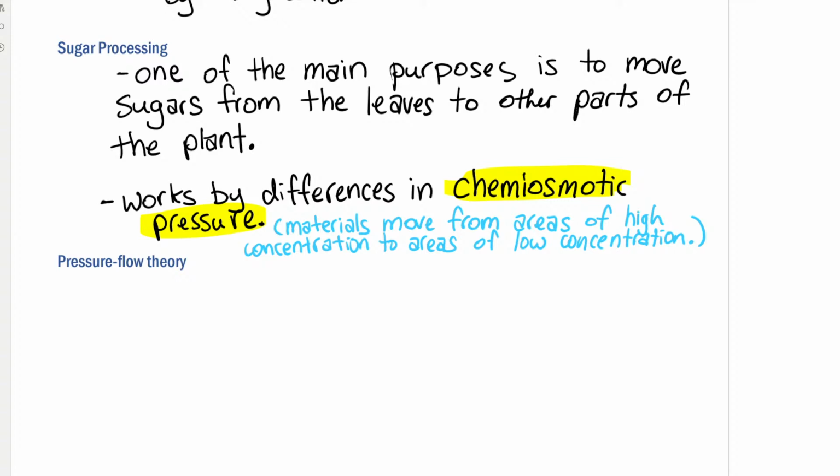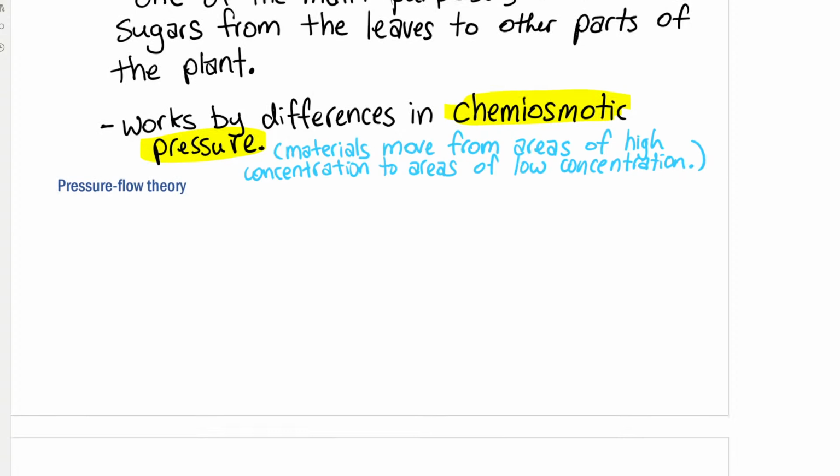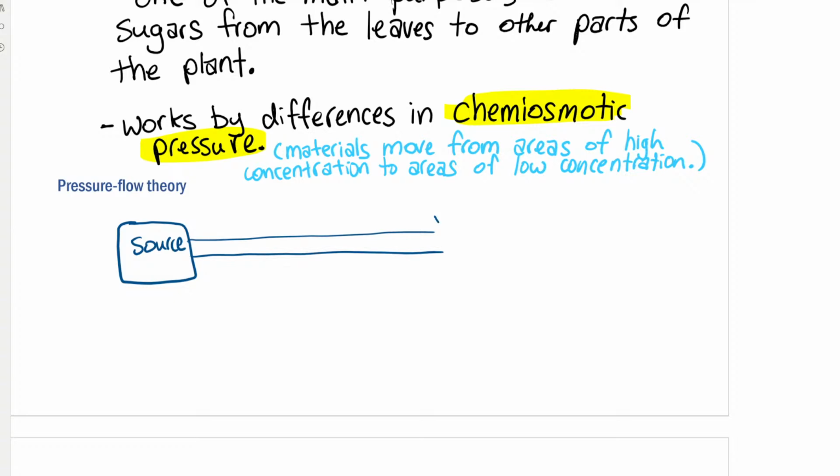And how phloem works is by something called the pressure flow theory. And the basic idea is this. We have what we call the source, and then we have the actual phloem tube itself. And these tubes can go all over the plant and branch and be in all sorts of different directions. And it doesn't matter, but at one of them, we have the sink. And basically, we can do this. A material we want to move